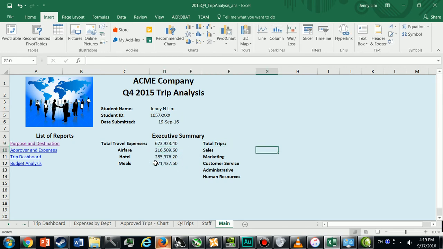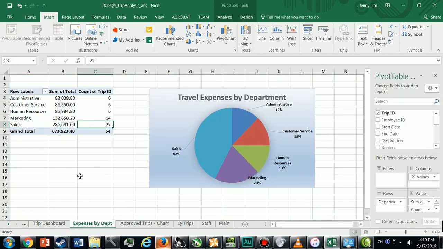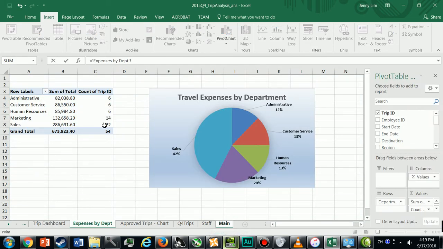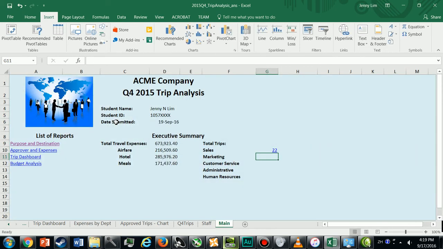Okay. Now for total number of trips, I also have this report here that I created, expenses by department. So I have the department name on the row label. I have the total expenses here. I added it up and I counted the trip numbers. So I can just refer to these figures. So I'm going to go here for sales equal. Number of trips is here. For marketing,